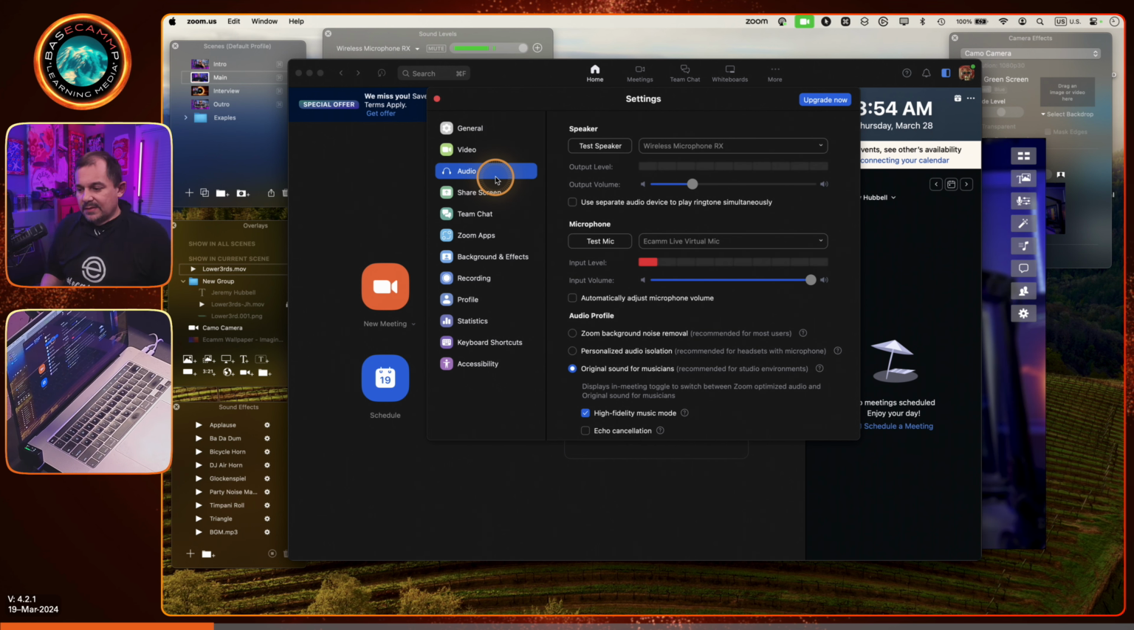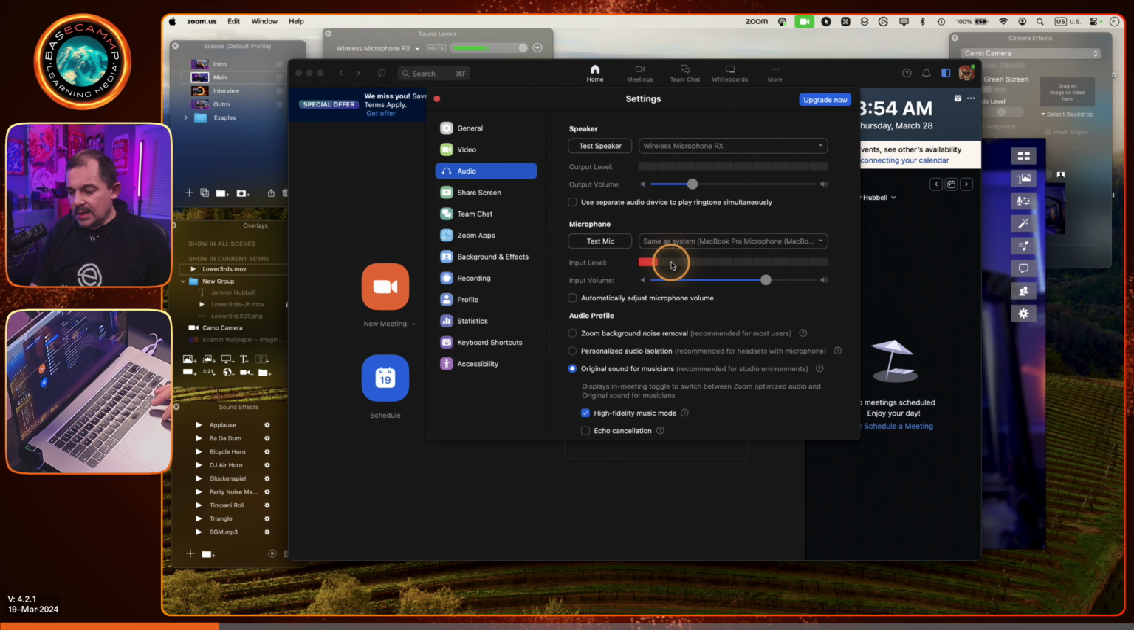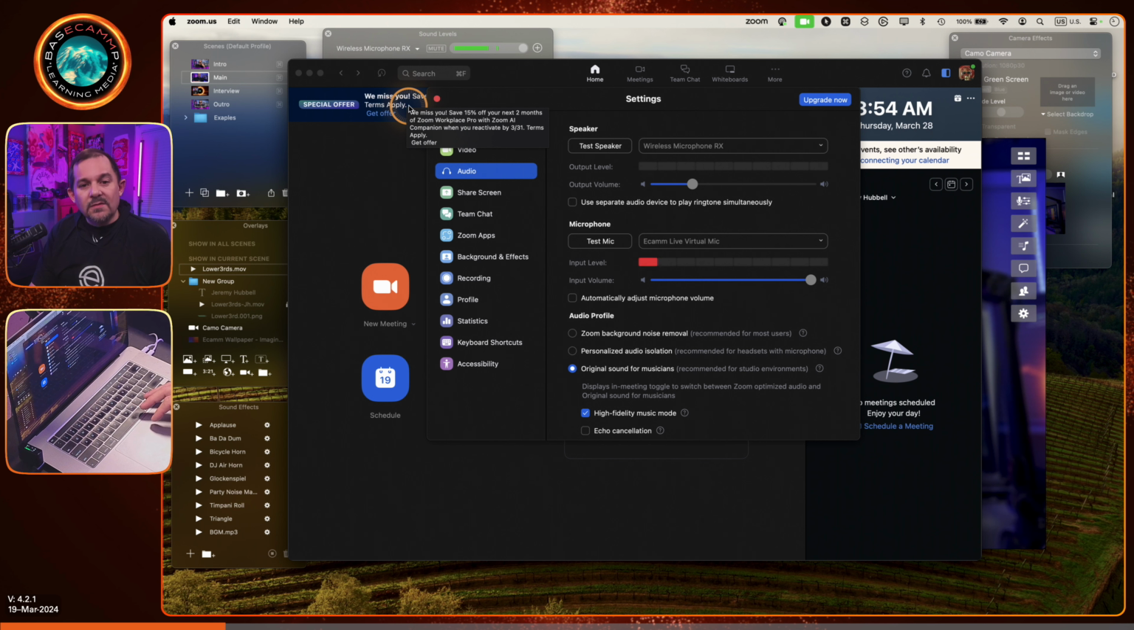Now, audio with the particular way it's set up, right now I've got my Ecamm Live virtual mic, which is working, right? Let me just go back and I'll say same as system for the moment. So now this is picking up my MacBook Pro microphone, which remember is a no-no because it's right next to the fans. So I will go back to Ecamm Live virtual mic, which means that, again, all of my audio that I